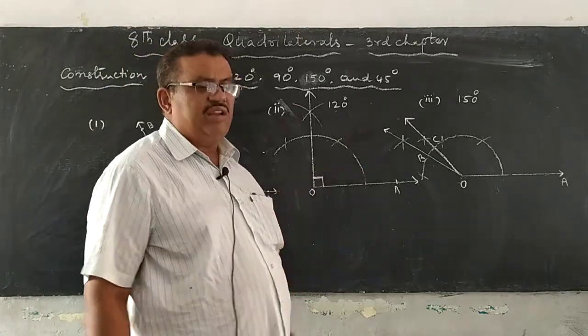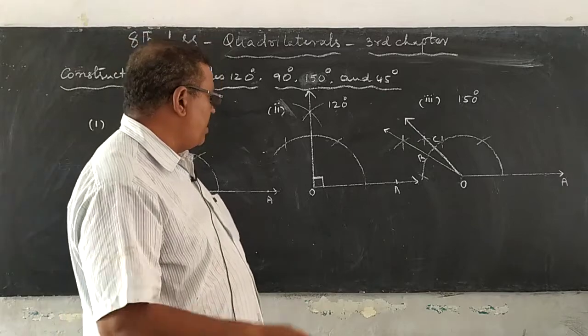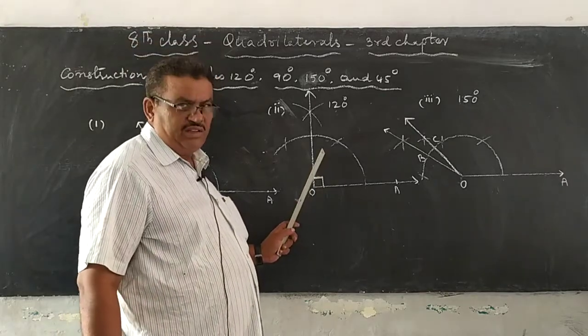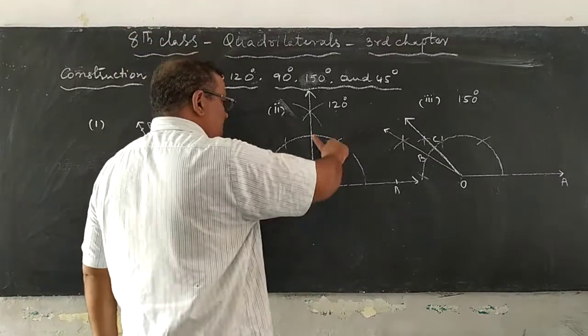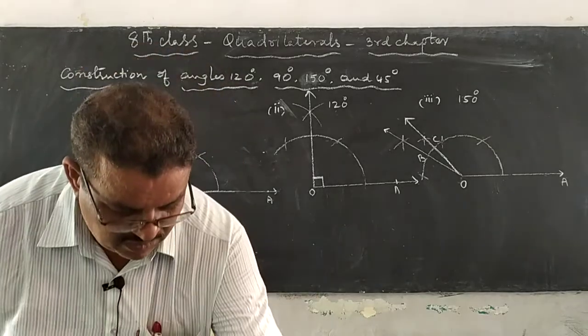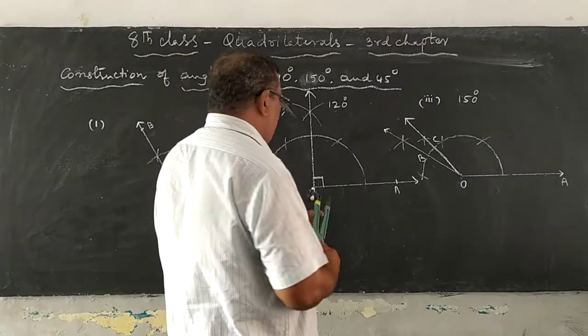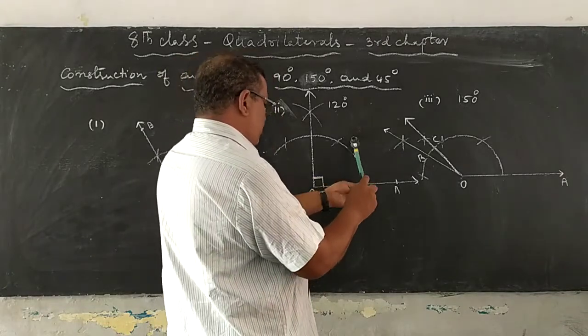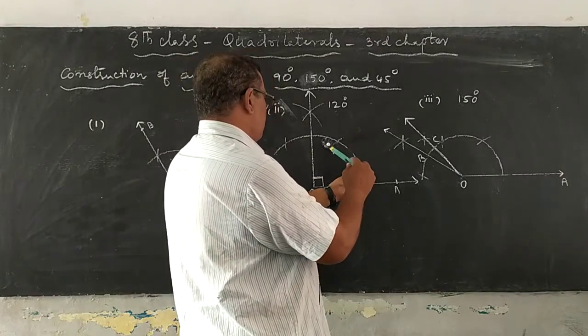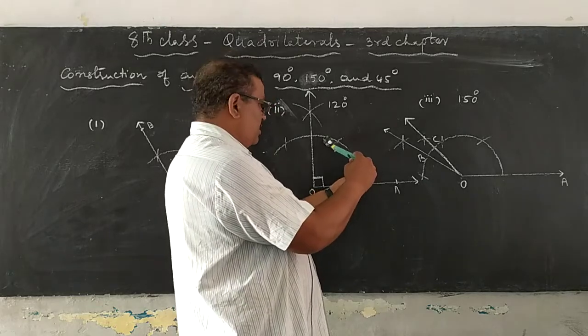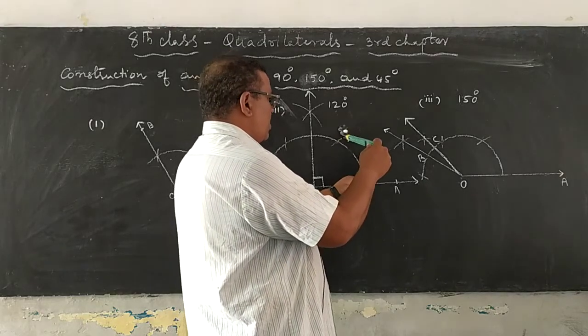Now how is the 45 degrees angle constructed? Very simple. This is 90 degrees. Already we constructed it. First of all we need to construct the 90 degrees angle. Afterwards, in this length, take more than half. After making the 90 degrees,